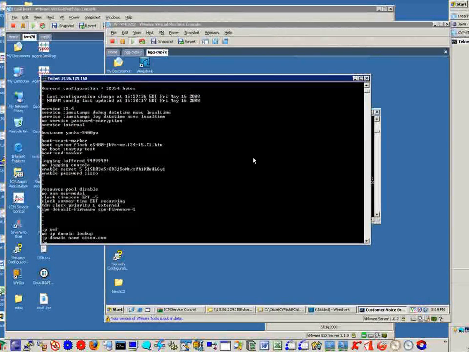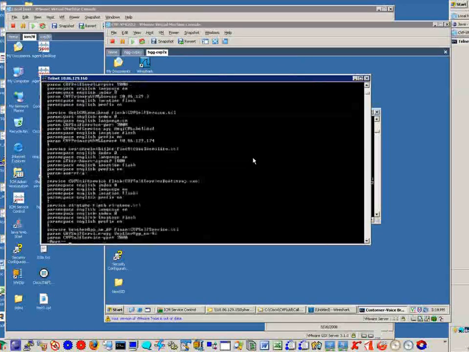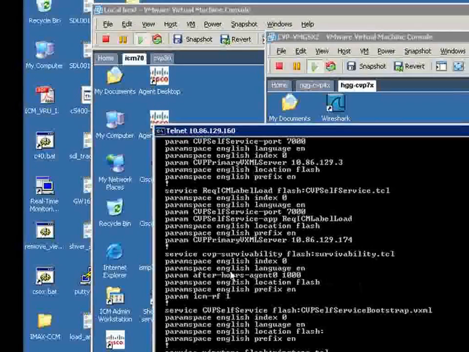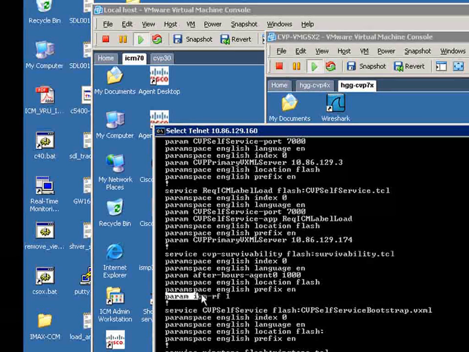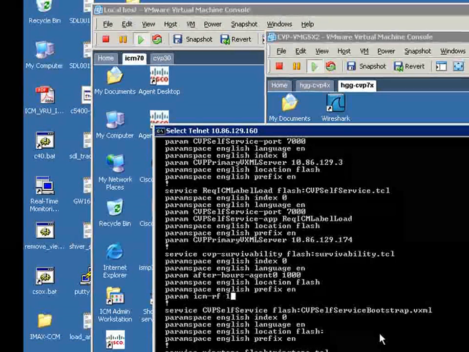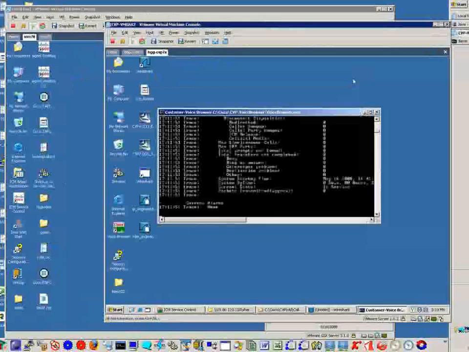So when I bring up the survivability script configuration, as you can see, there is the param ICM-RF set to 1. By default, if this parameter is not included, refer transfer is off. So once this parameter is also set on your survivability script, and the other configuration points we mentioned are in place, I will now go ahead and place a call to extension 3448